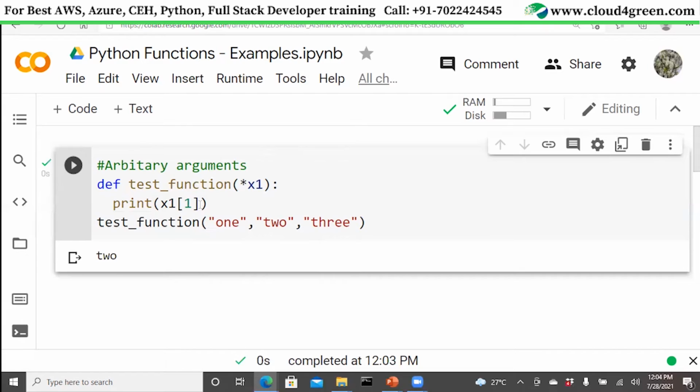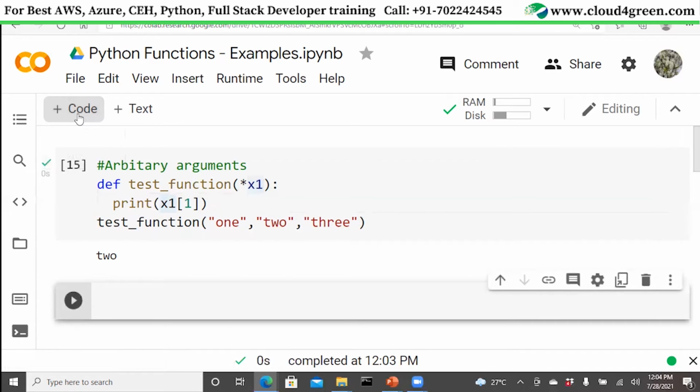The presence of an arbitrary argument is differentiated only by the star symbol. If you don't put the star symbol, you cannot consider it an arbitrary argument. So this is an example for the first one, the arbitrary argument.